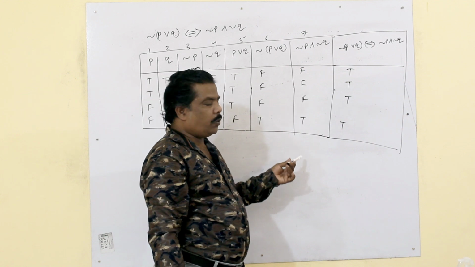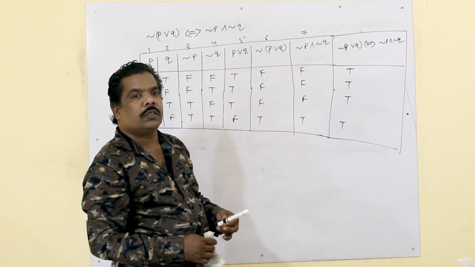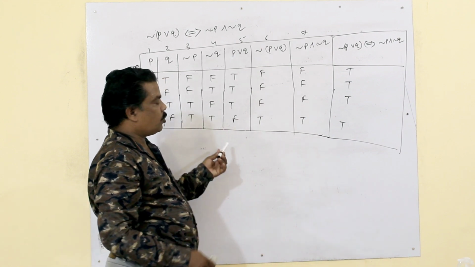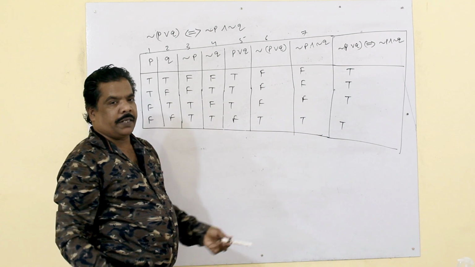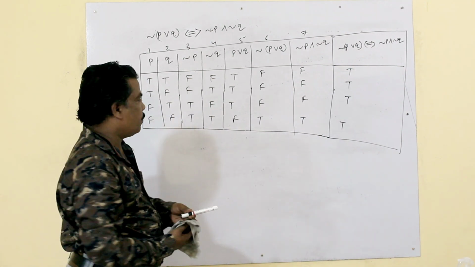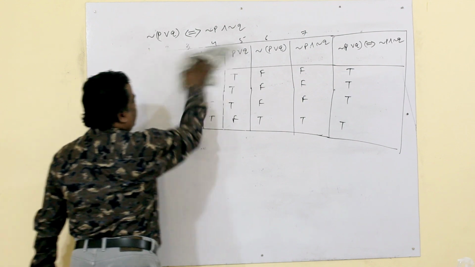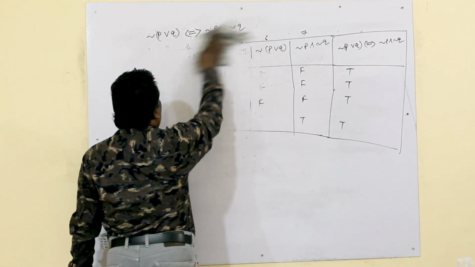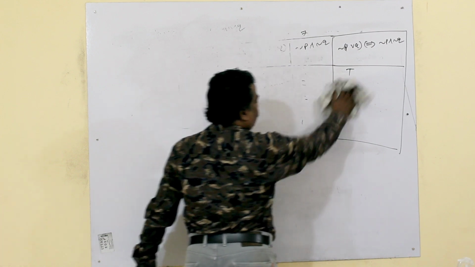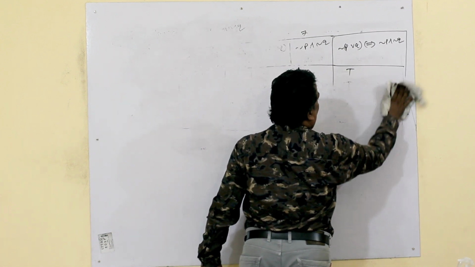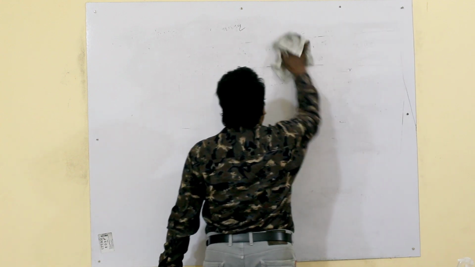Hence, we know that if a compound statement is always true, then it is called tautology. So it is also an example of a tautology, as the compound statement is always true. Now let us prove some problems by constructing the truth table. Now a question is given that by constructing truth table,